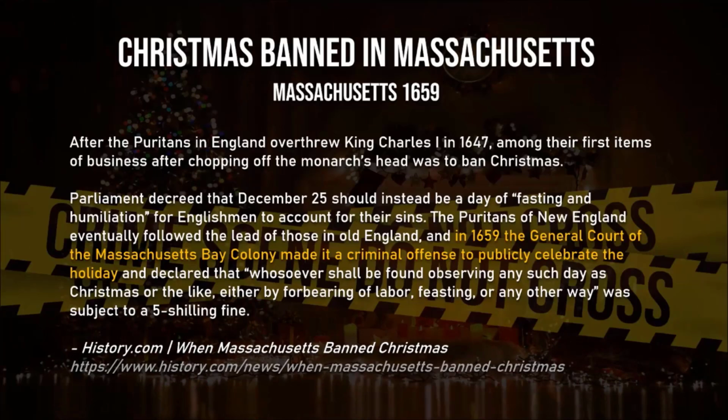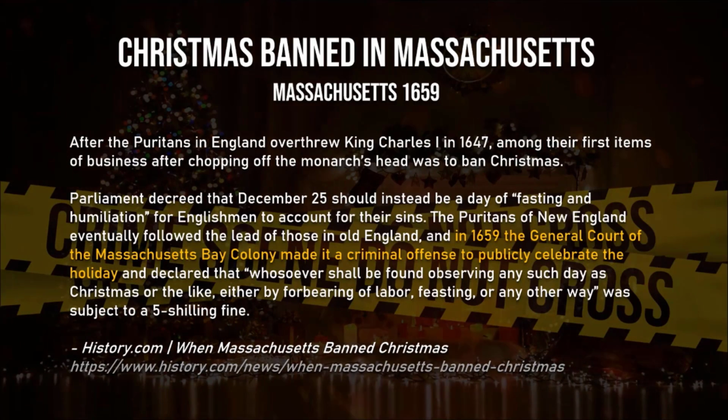In Massachusetts, after the Puritans in England overthrew King Charles I in 1647, among their first items of business after chopping off the monarch's head was to ban Christmas. Parliament decreed that December the 25th should instead be a day of fasting and humiliation for Englishmen to account for their sins. The Puritans of New England eventually followed the lead of those in Old England, and in 1659, the